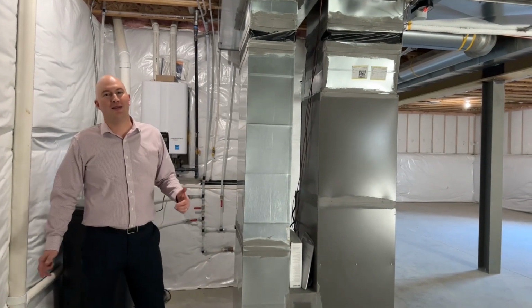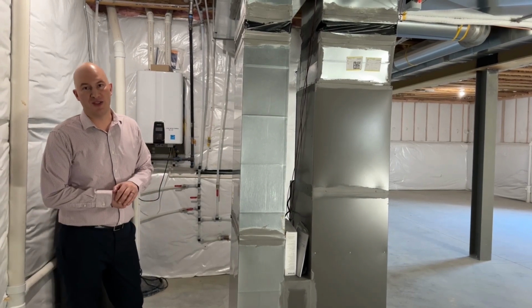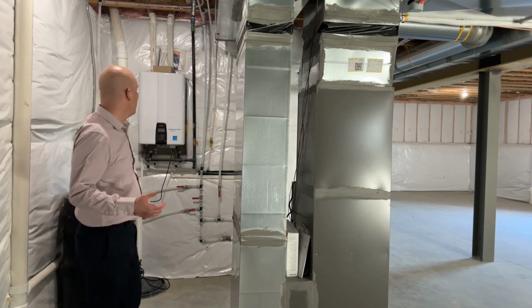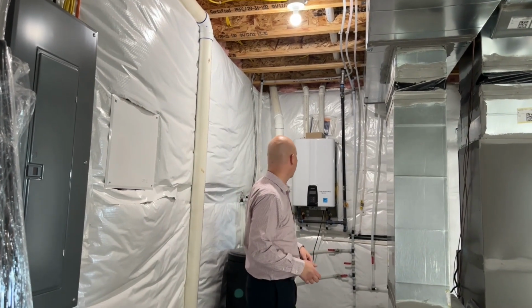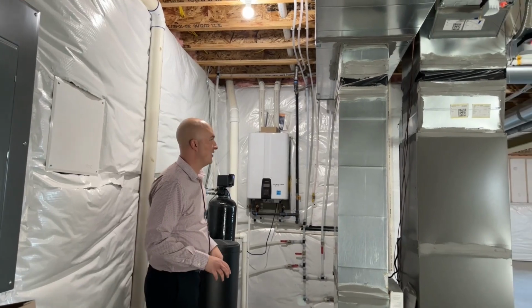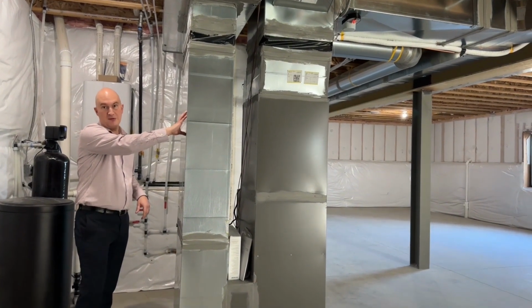One of the things I love about Jesse and Blu Sky Builders is the emphasis that they place on energy efficiency. One of the advantages to being down here before anybody has finished the basement is the ability to really take a close look at how everything has been done and the quality of craftsmanship that went into this house. You'll note that there is a tankless water heater for that added efficiency. Jesse with Blu Sky does upgrades on his furnaces to get to a higher efficiency level to really improve that